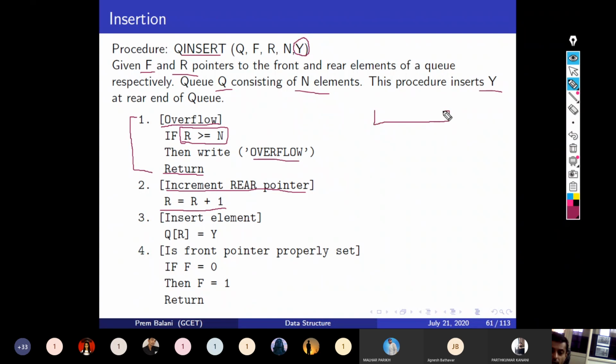Say this is my queue and it has 4 elements, so n equal to 4. Initially the front and rear pointers are both pointing at position 0. That means no elements are there.